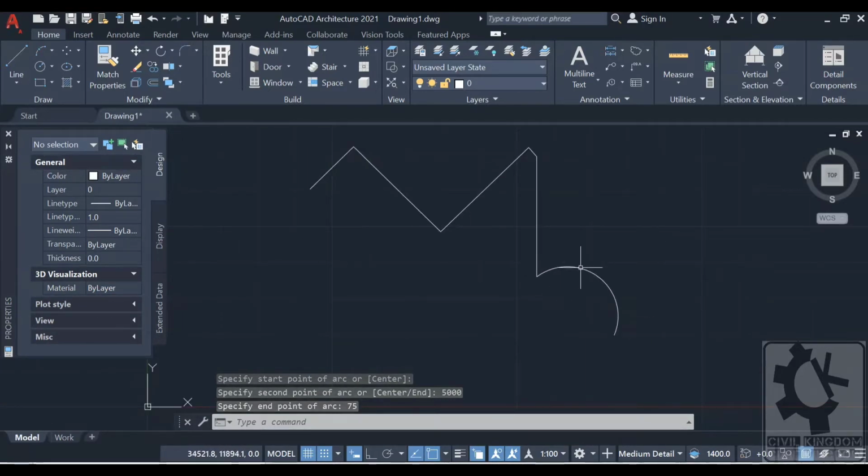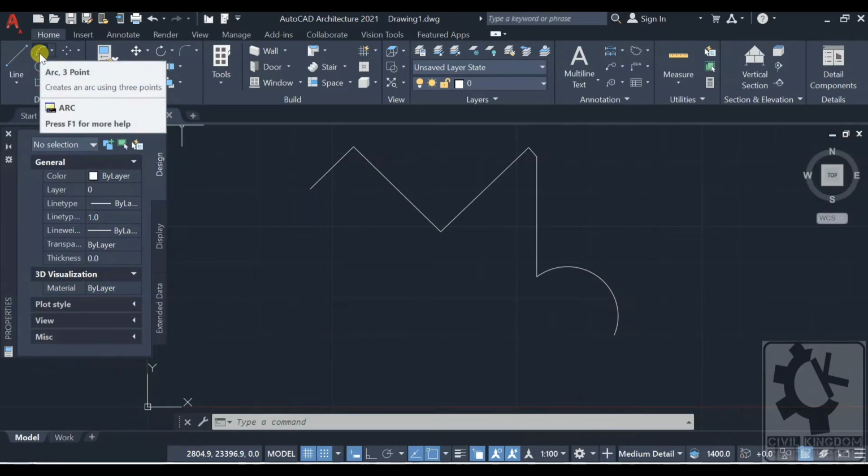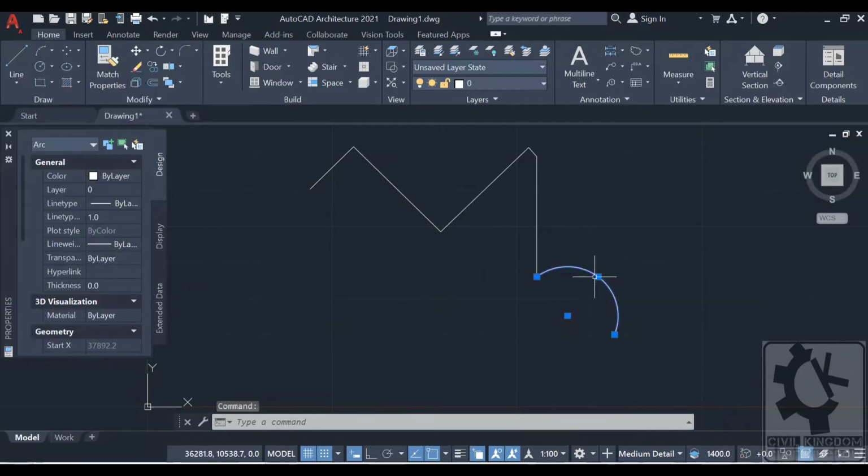Since the arc is a 3-point arc, it has 3 points. If you select the object with the left click of your mouse, it will show 3 points. So till here it's 5000 and till here it's 5000. Okay,